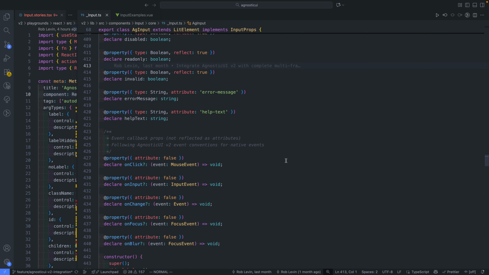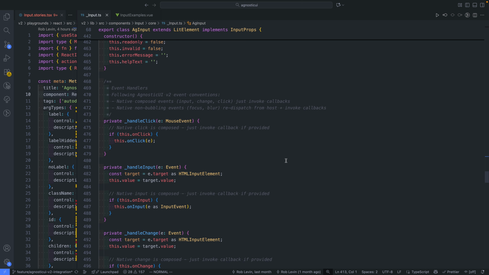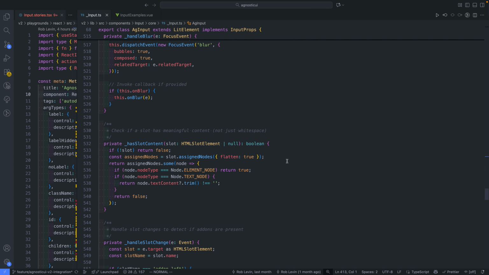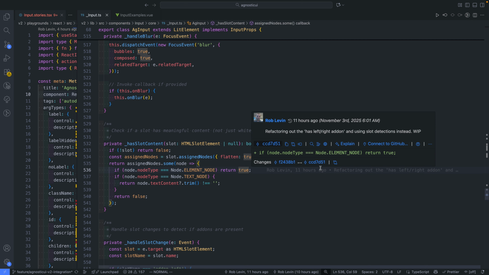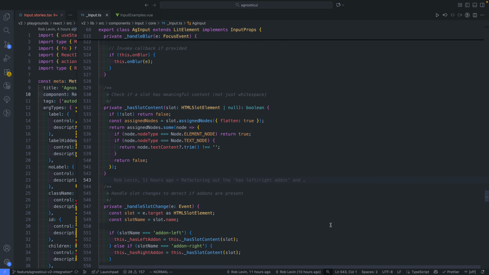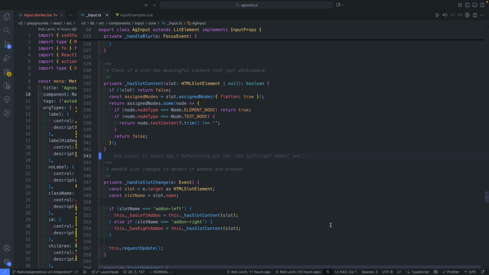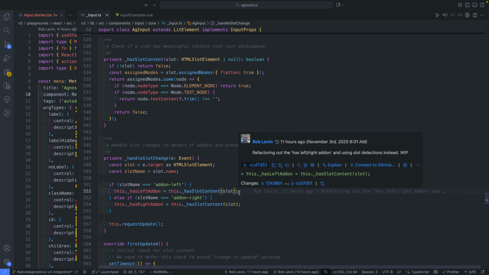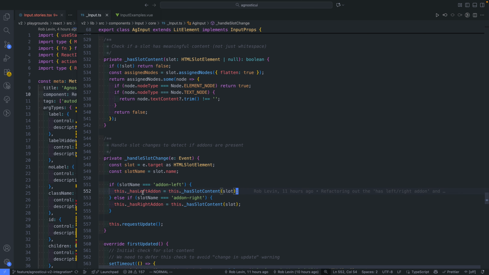And so I had to jump through a few hoops to figure out how to do that, basically how to detect if the slot exists or not. So we have this hasSlotContent, and basically this can get called with a slot to see if it was provided or not. So you can see that's where we're determining if we should set this Boolean true,